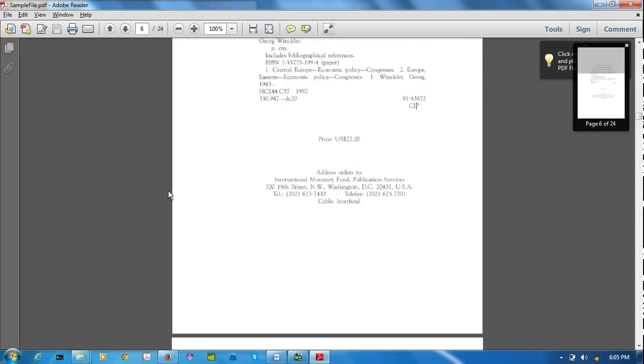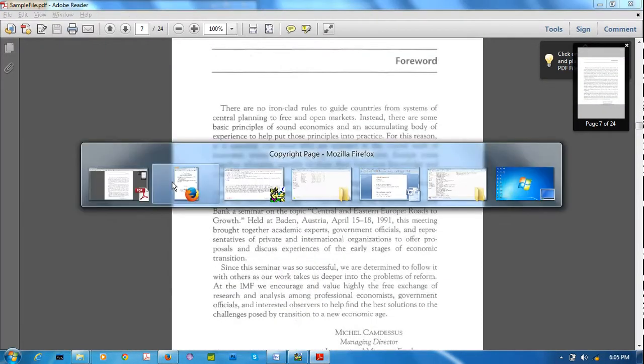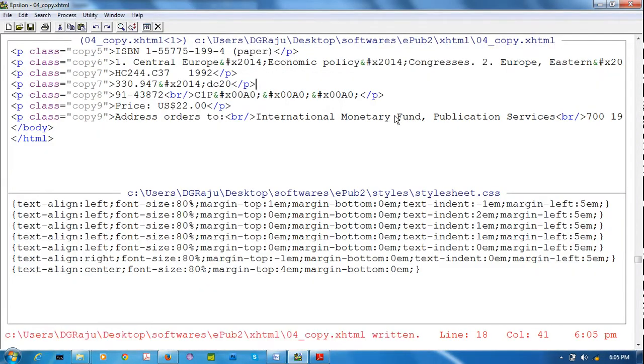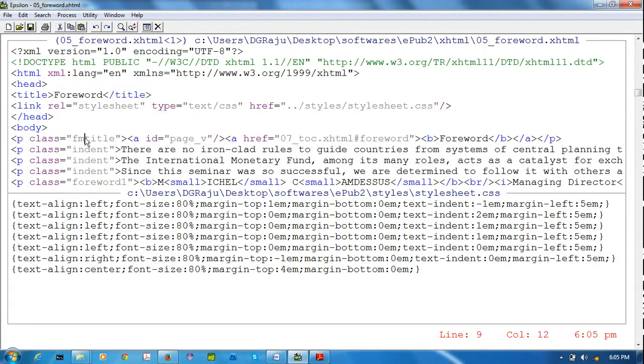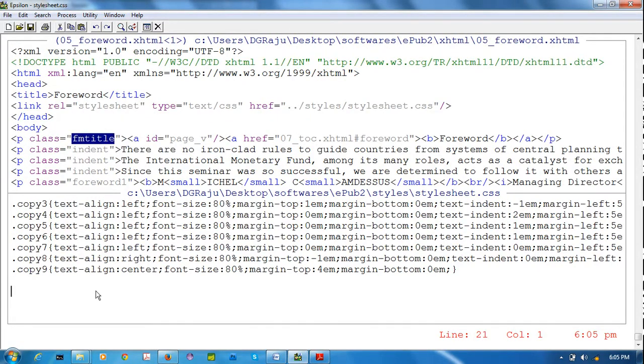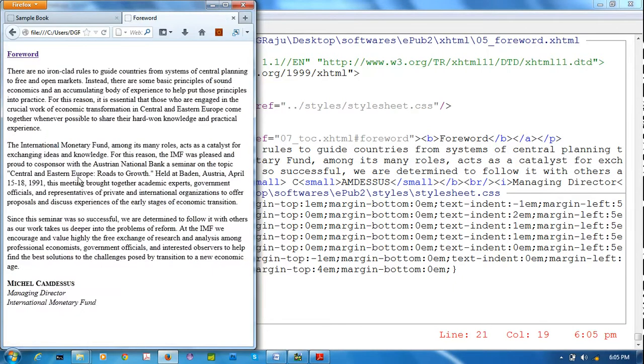Okay. Next, forward. Go to forward. Forward. So this is FM title. So I'm using dot FM title. This text, first font size is important. 1 minute. I'm opening, going back, opening forward. Font size